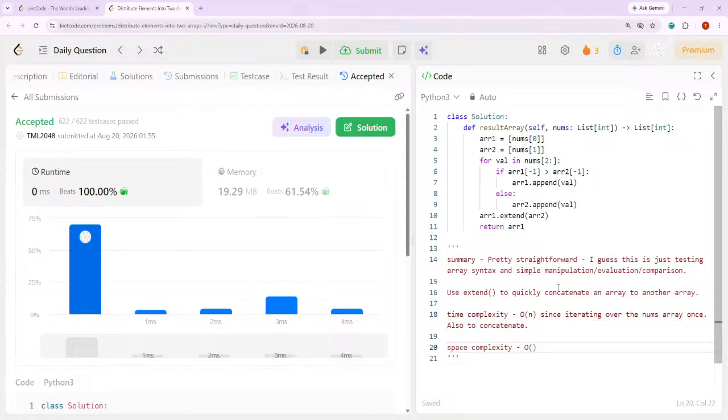Basically, this is O of n to temporarily store the partial arrays. I don't think it's really, yeah, it'd be too complicated to try to do it without it, although it might be possible. Maybe. Anyways,